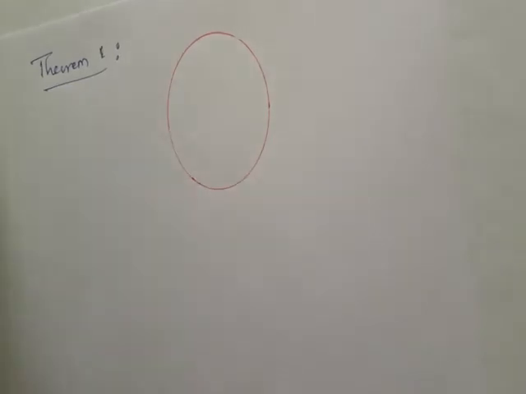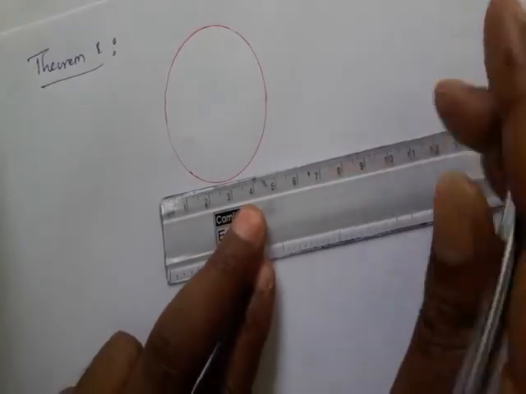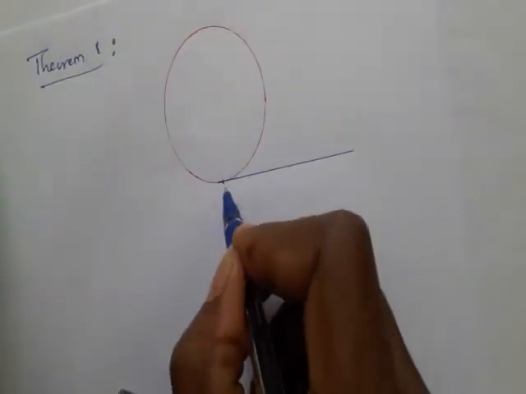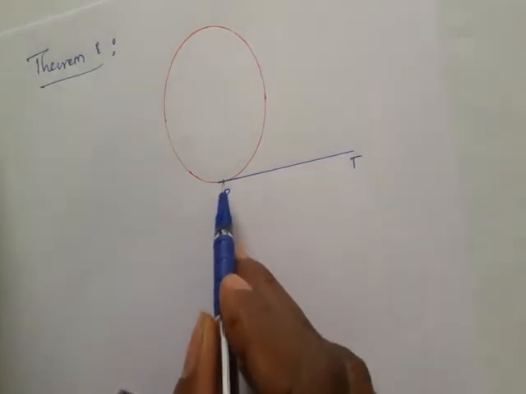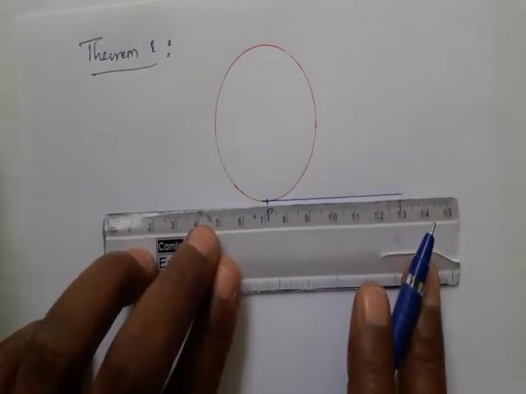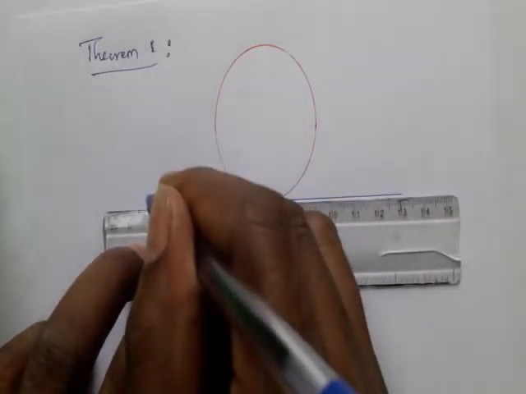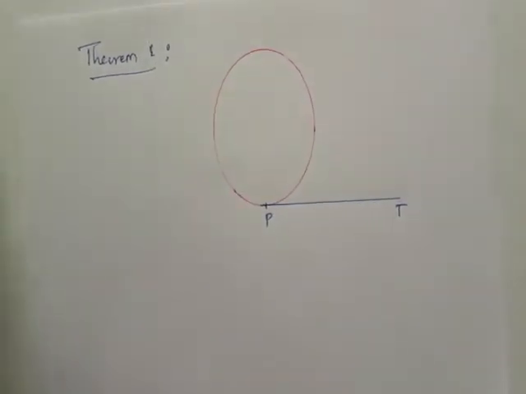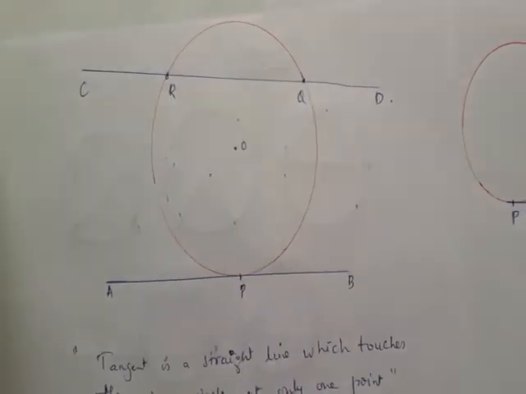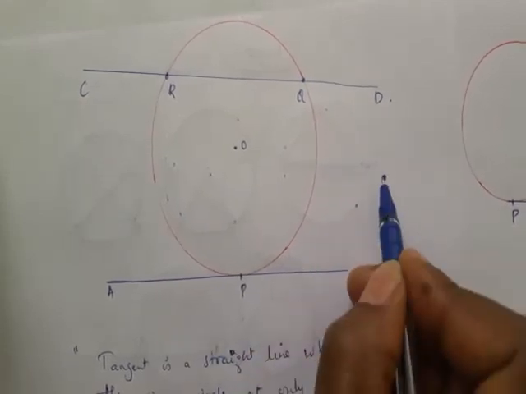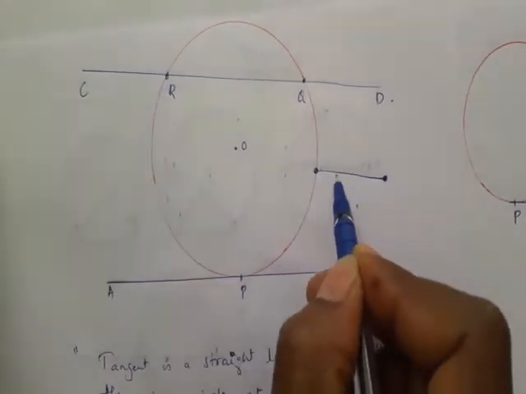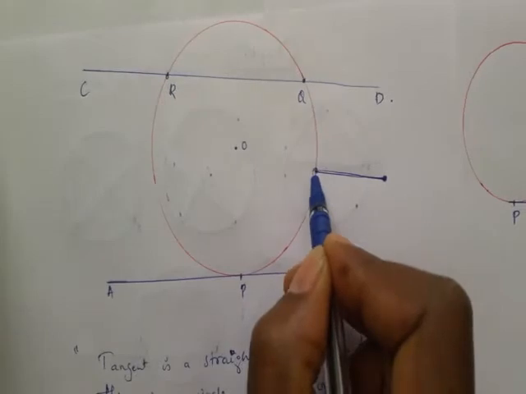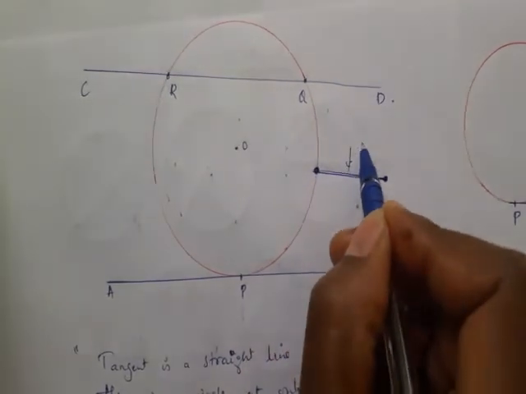The theorem says that, draw a tangent. I name this tangent as PT, because this tangent meets the circle at P. Still if we extend this line, it will not meet the circle once again. But a few students think that, suppose from an external point given, from here they join like this, and they say that this is a straight line, it touches the circle at one point, so it is a tangent, they say like that.